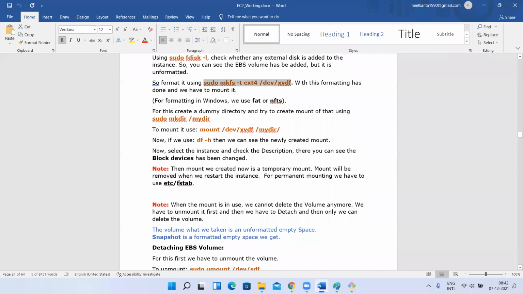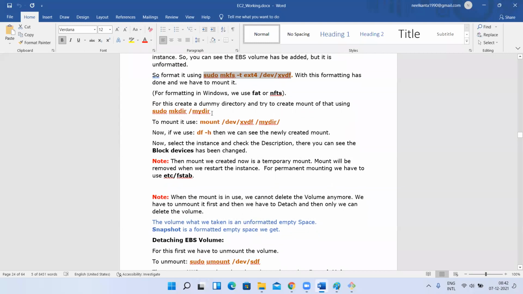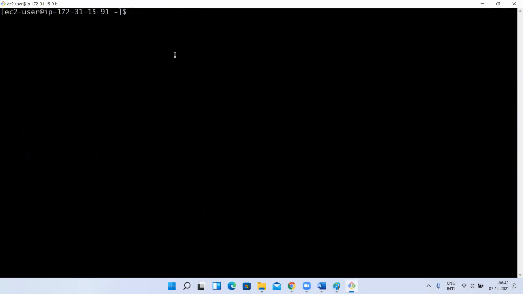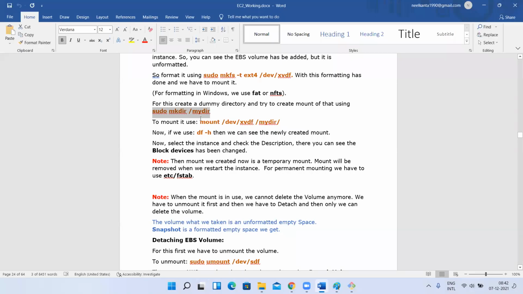Next. Okay, the meeting is going to end. Let me quickly show you this. You can rejoin, I'll show you this. Now on my root volume, I want to create a folder. Whatever commands we are executing now, everything is executing on the root volume only, right? mkdir is the command to create a folder. So I'm going to create one folder called mydir. This folder, I'm going to use as a mount point, right?